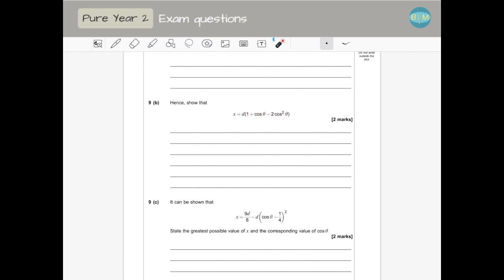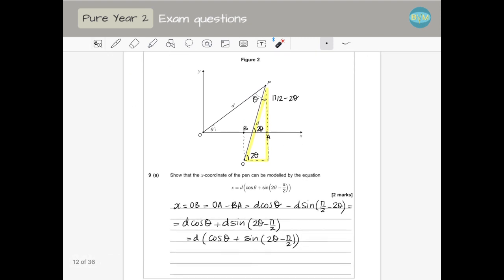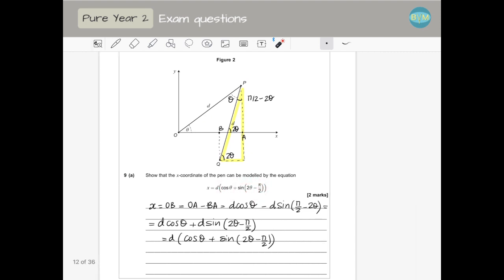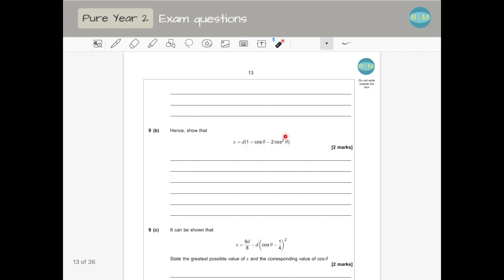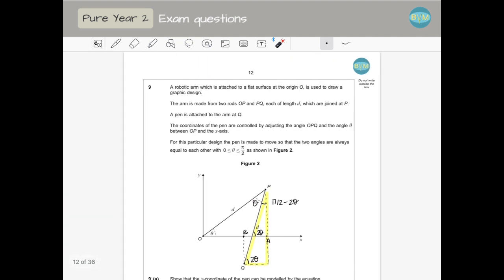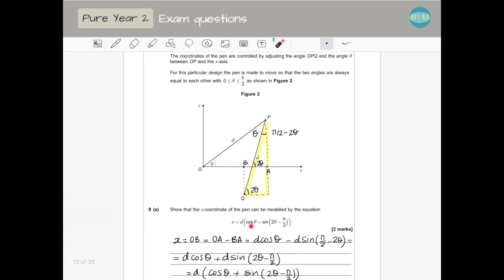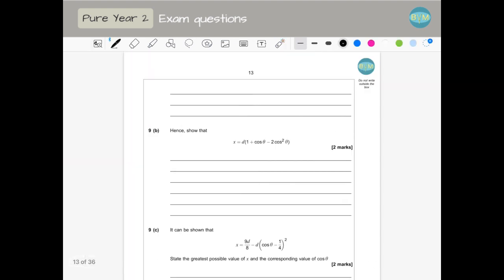this bracket here. If it says hence, we are going to use this information. So what we are going to try is to write this in this way. Let's see, we have cos theta already, and we have an addition here and 2 theta. So let's see what we can do with this. Sine 2 theta minus pi half,